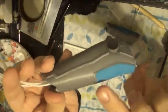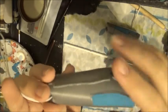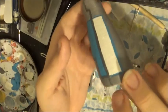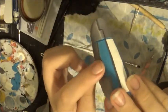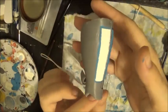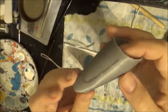Obviously I still have more work to do on this. You can see the lines that aren't painted. And then here's what the leg looks like. This is a finished one, other than I gotta do some more work to the blue and obviously put pearl on the white. I don't know how this is gonna be in video, but